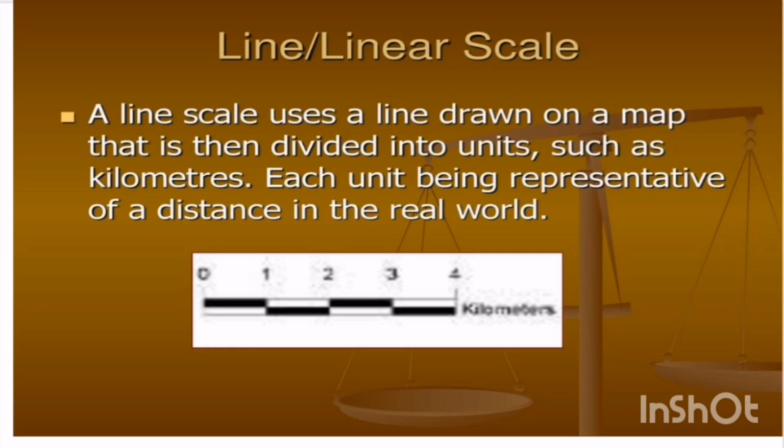In this, what happens? A line scale uses a line drawn on a map, see here, which is then divided into units such as kilometers. Then each of these units is representative of a distance in the real world. So this is the most accurate method which is used to measure distance. Now